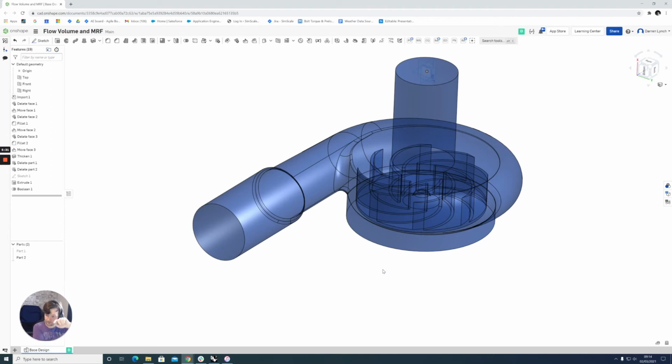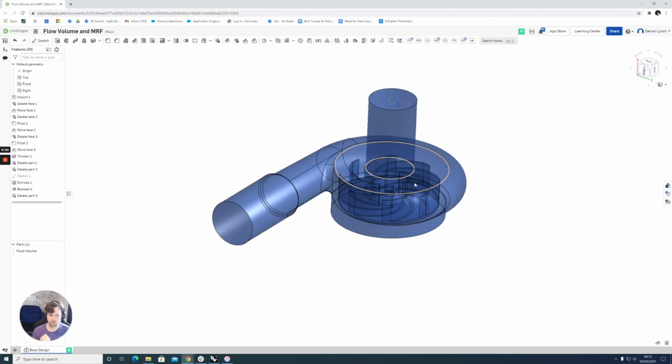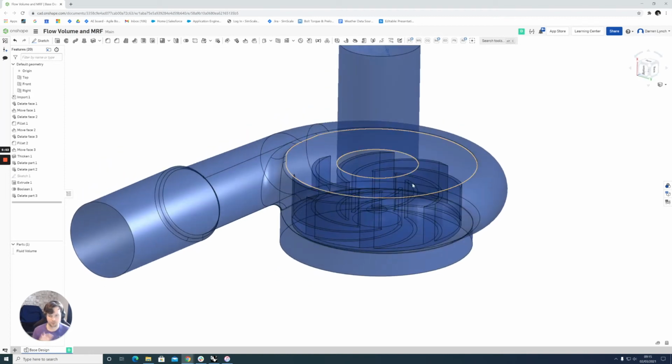Okay. So I'm going to delete the part that I don't need, which is this hidden part, this part 1. That's great. And I'm going to rename this one my fluid volume. Great. So we've got one part that is our fluid volume, but that's not all we need to do to